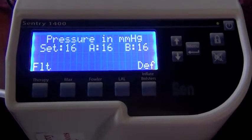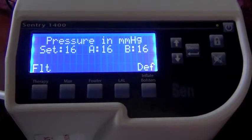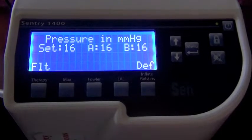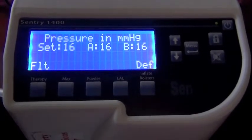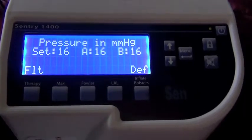During this portion of the in-service, I wanted to cover the specifics of the controller. The Sentry 1400 has a state-of-the-art controller that offers you a variety of choices in patient therapies. The controller now,